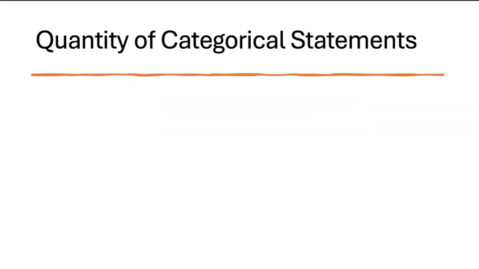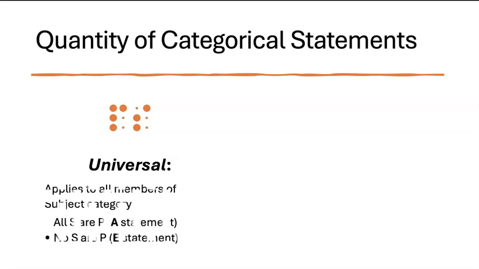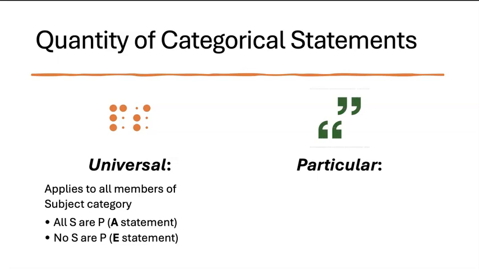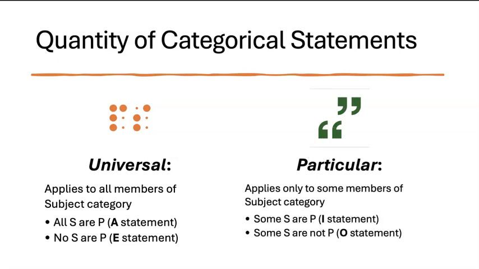So that's quality. Now quantity, right? Quantity is either universal or particular. So universal says it applies to all members. So it's either the A statement or the E statement. So it's either all or none. For particular, it's some. Some are or some are not. So it's our I statement and our O statement. So that's quantity. Now, where we really want to get to, and this is where persons have a little difficulties